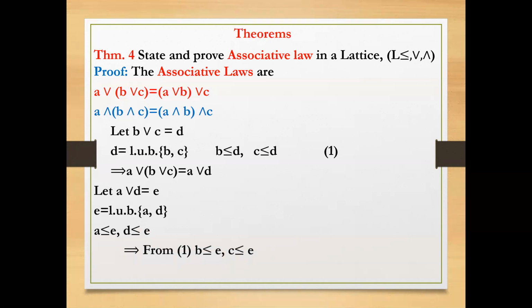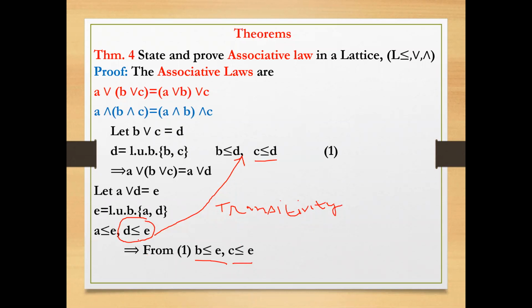So from 1, you have to compare only this equation D less than or equal to E with these two equations from 1. So you can see here the transitivity relation holds. Transitivity, because we are dealing in the lattices and in a lattice we have a partial order relation. So using the transitivity B less than or equal to D and D less than or equal to E, we have B less than or equal to E. And similarly C less than or equal to D and D less than or equal to E implies C less than or equal to E.